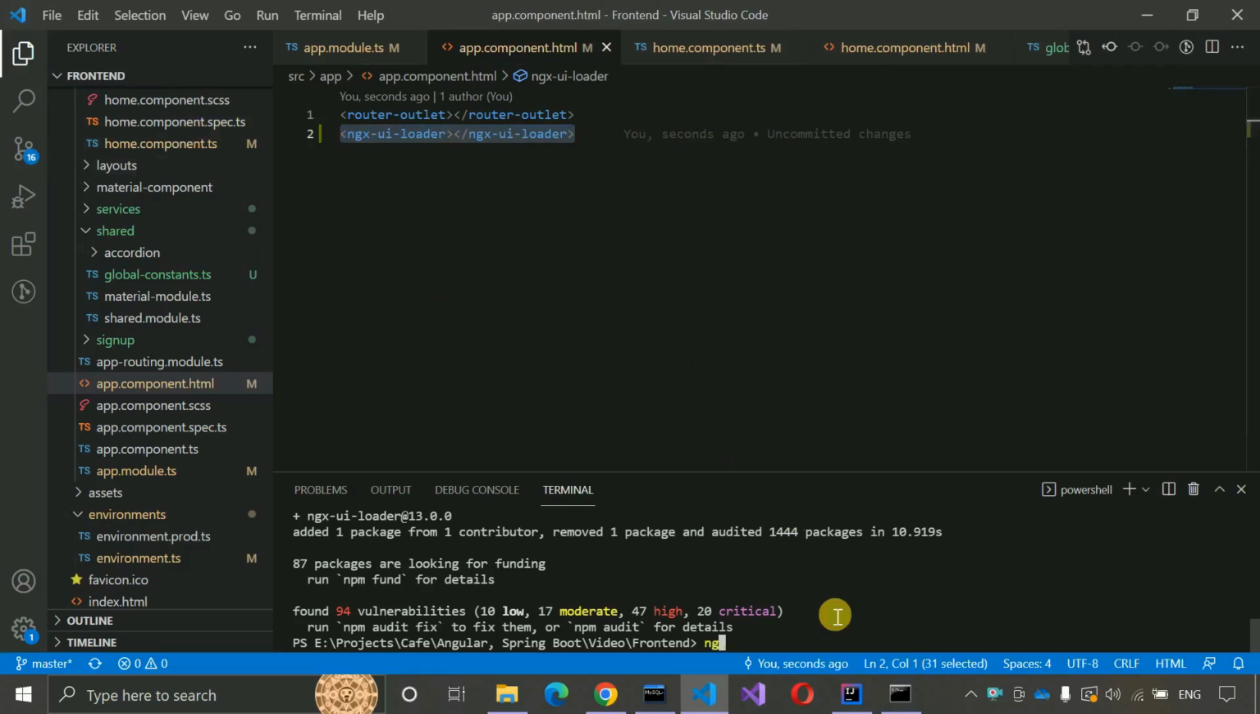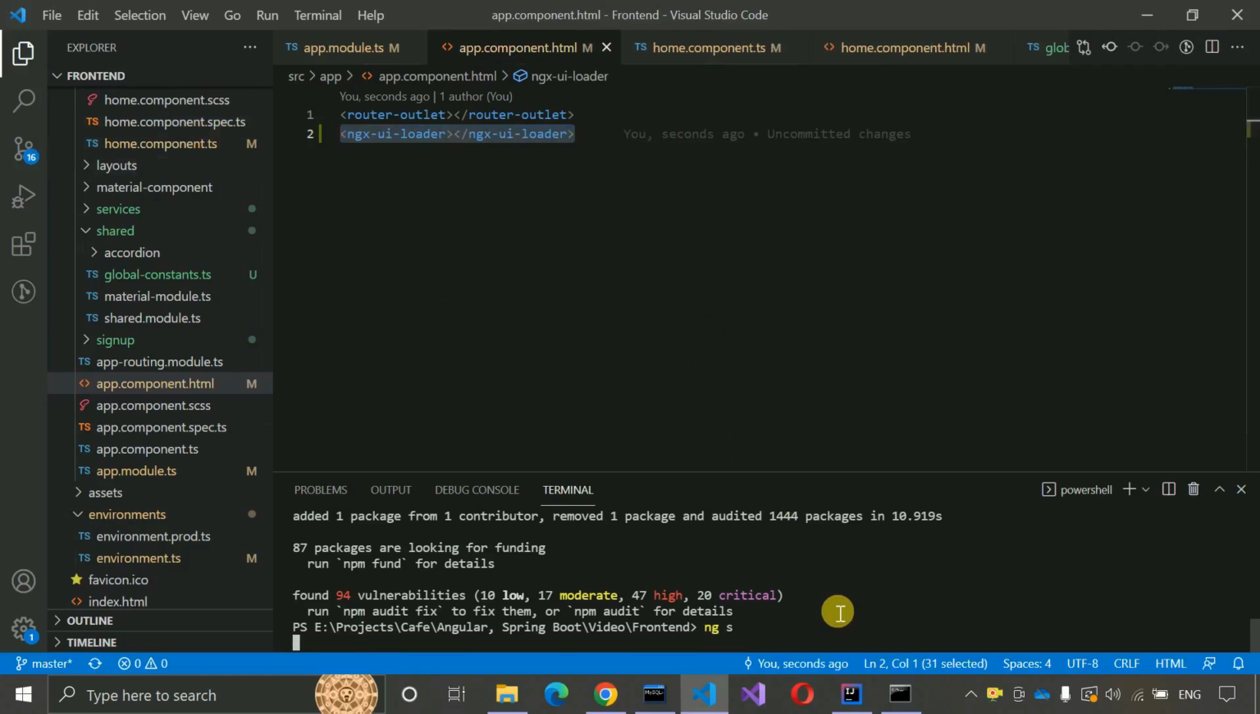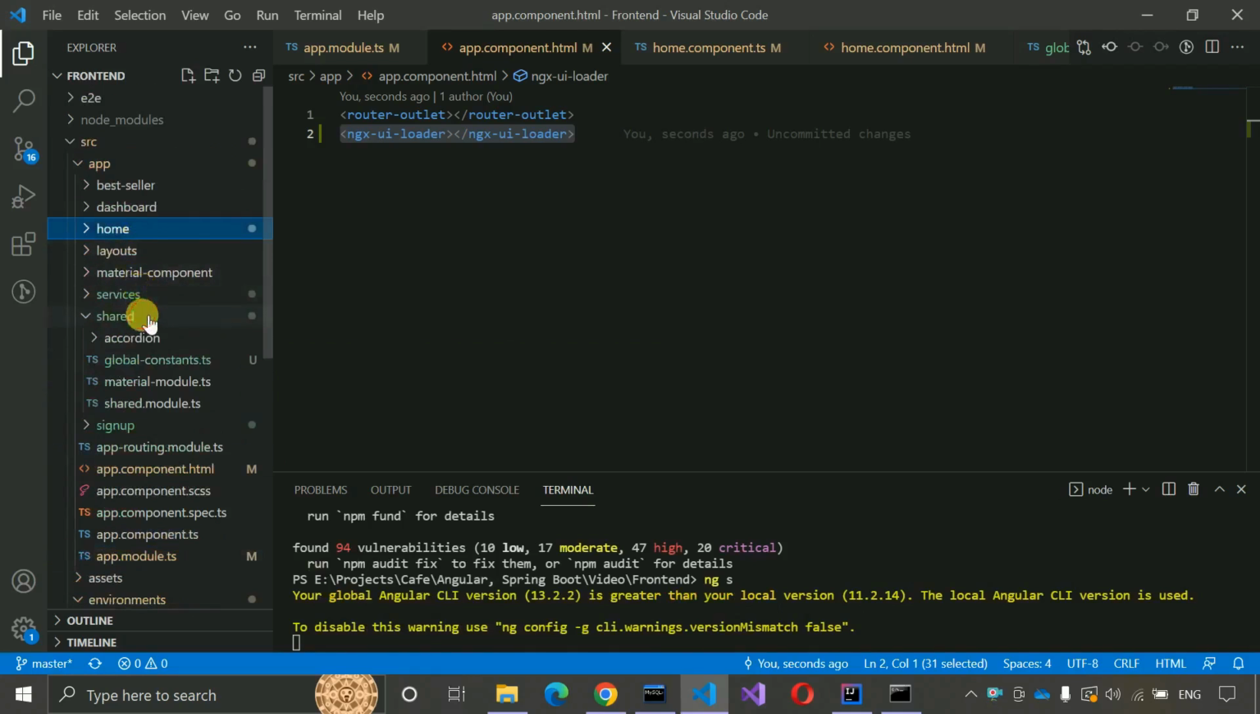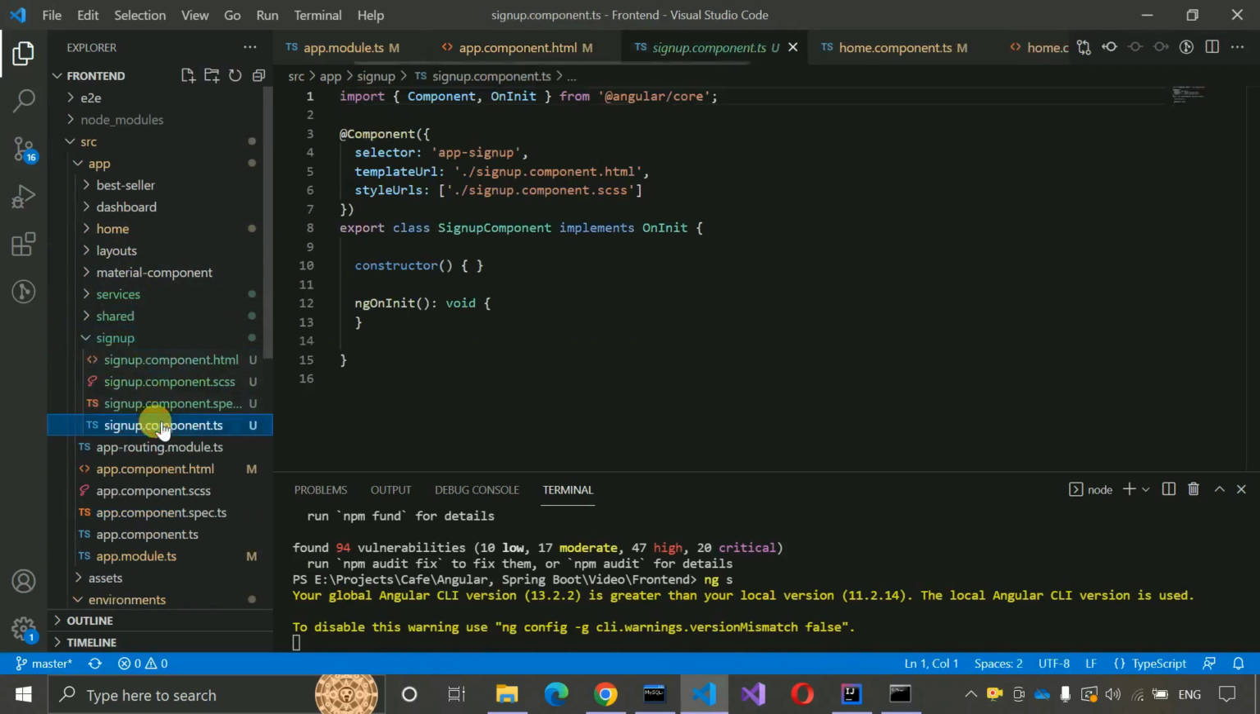So let me start the services again. And now we have to go to the sign up part of this project, and we have to start writing the codes related to sign up. So let's go to the sign up page, and let me go to the sign up component over here, and here we have to create a few variables first. So